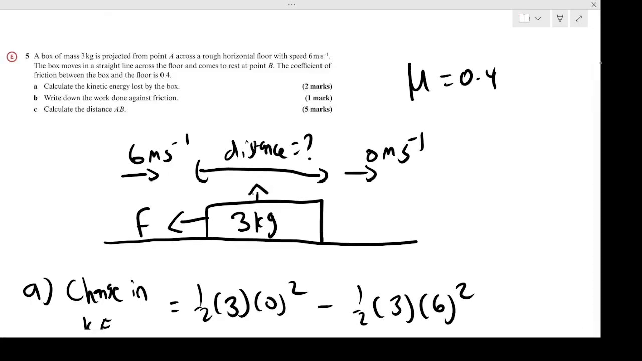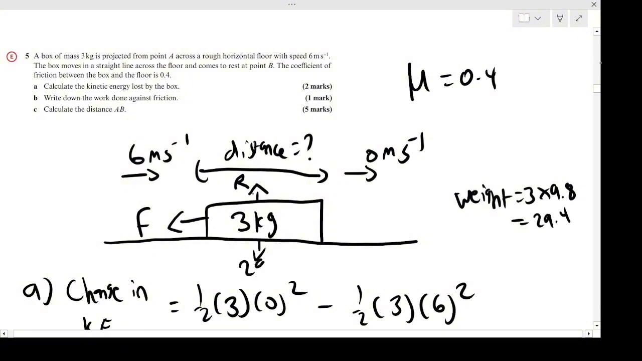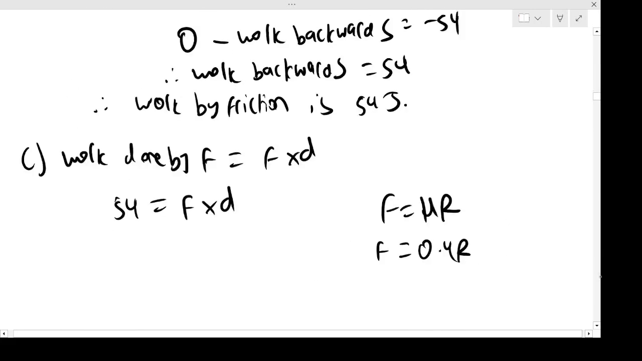There. If I squeeze it in, the reaction force. Then I've got a weight. Now the weight is going to be, again, 3 times G, or 3 times 9.8. Mass times G. And that will get me 29.4 newtons. So then again, if I then look at the upwards and downwards force, resolving that, well,